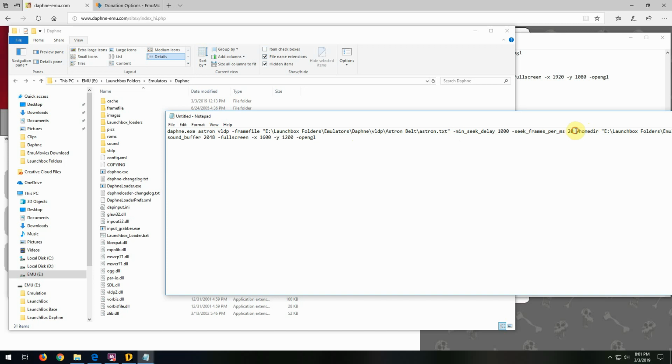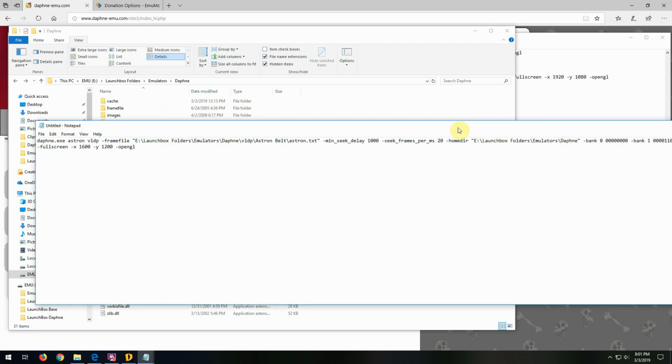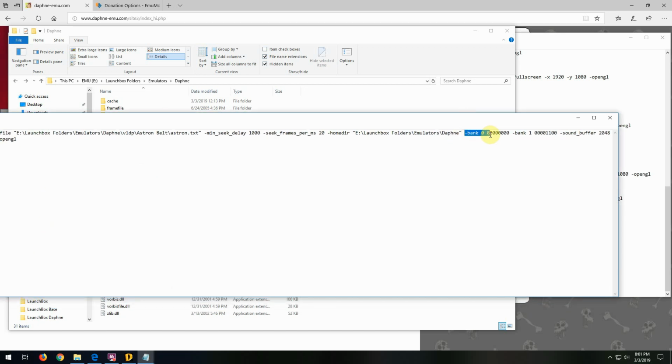Here we've got the home directory folder, where it wants to know where the Daphne executable is located. And then right here under the banks, under bank 0 and bank 1, these are all the little values between 0 and 1 that